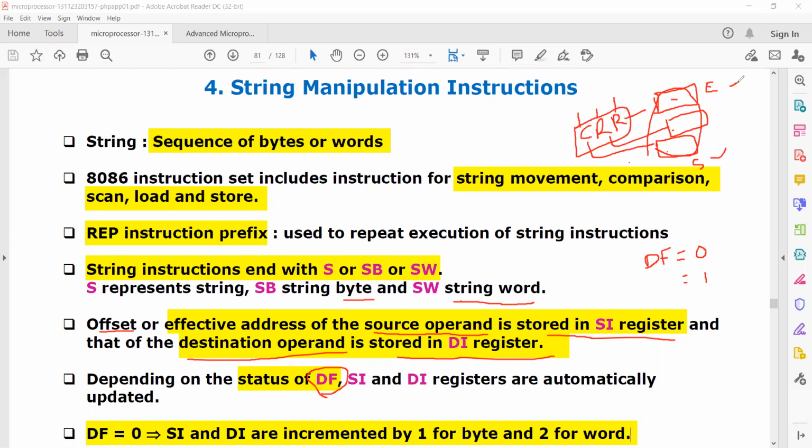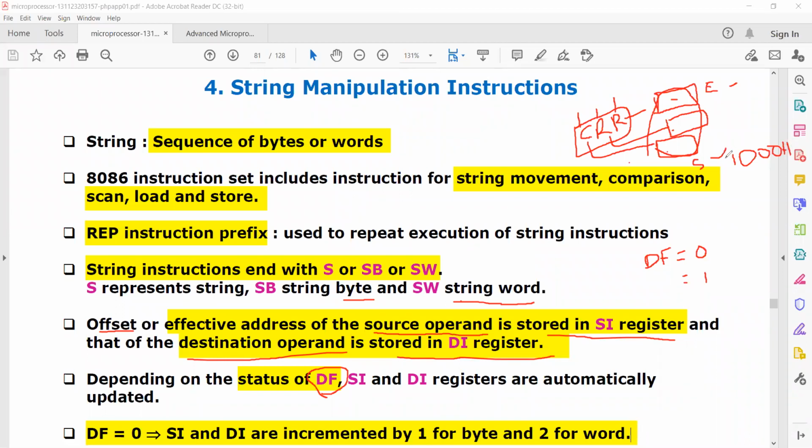So what is the importance of the direction flag in this operation? In string operations, the direction flag decides the direction of the address locations. Suppose the starting address is 1000H.